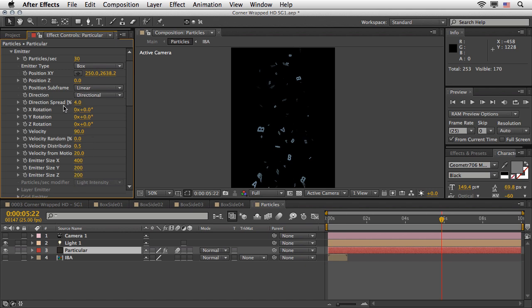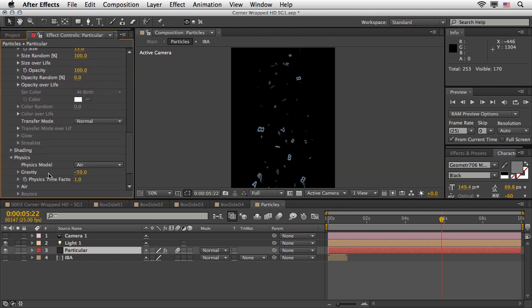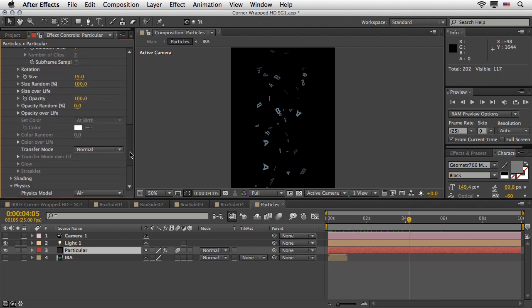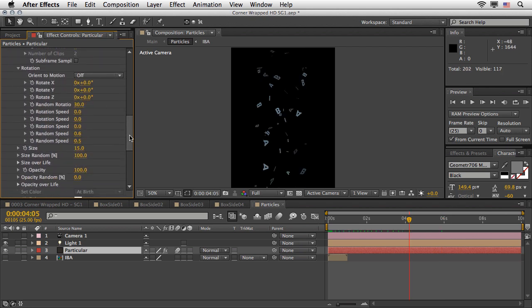There is also a little bit of a direction spread, and that's all you need to do, except you also need to turn the physics gravity to a minus value. So this way the gravity will pull the particles up. Now under the particles themselves, I also turned on random speed rotation and random rotation to a value of 30